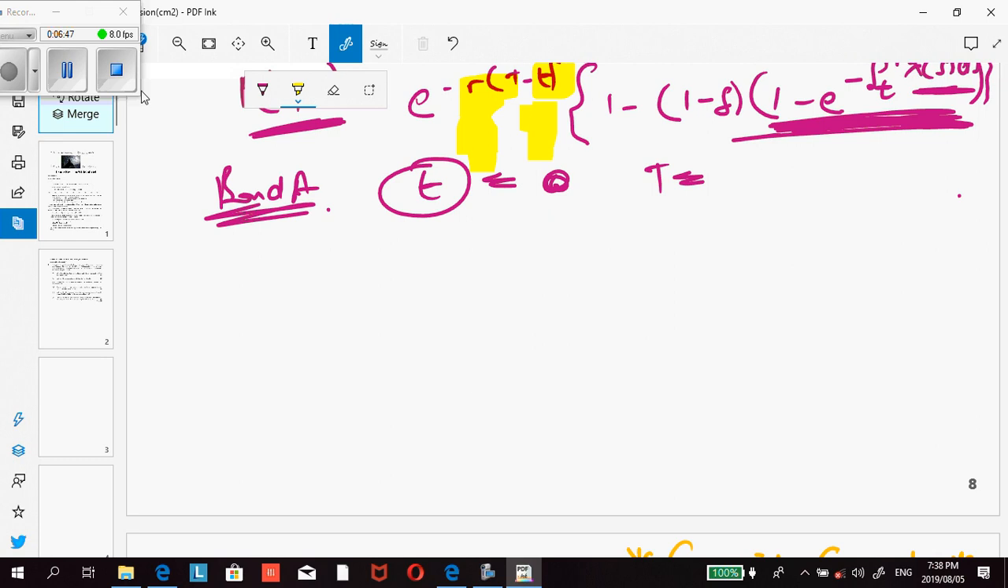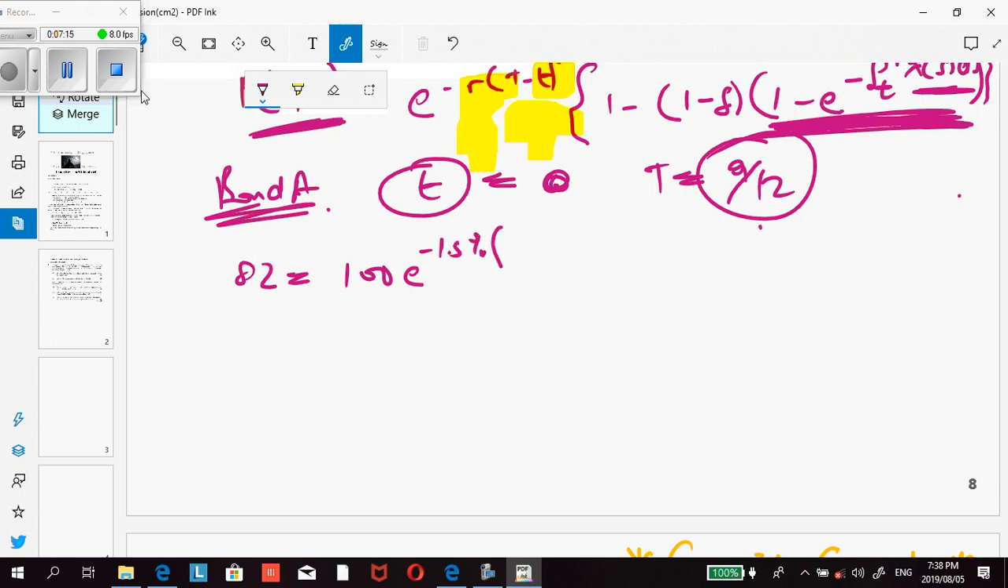This is per annum, this must also be per annum. So I'm going to work with 9/12 instead of 9 months. For bond A, the price, the question told you, is 82, right? And the redemption value is 100 times e to the power of your risk-free rate, which is 1.5%, multiplied by 9/12, multiplied by 1 minus